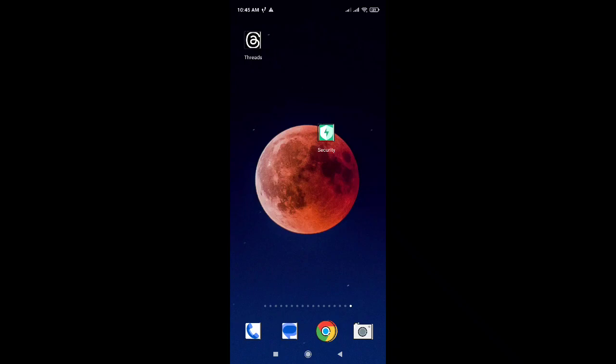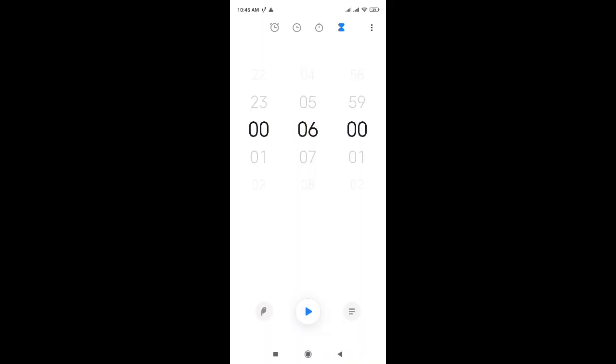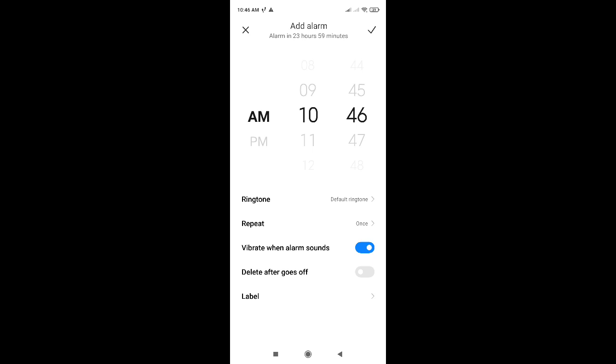So in this video I want to show you how to set up an alarm clock in Xiaomi Redmi Note 10 Lite. First you need to open this panel and then click on the time number on the top, and here go to the first tab and here click on the plus button and set the desired time